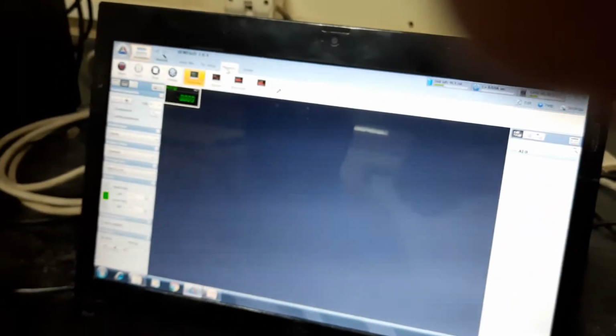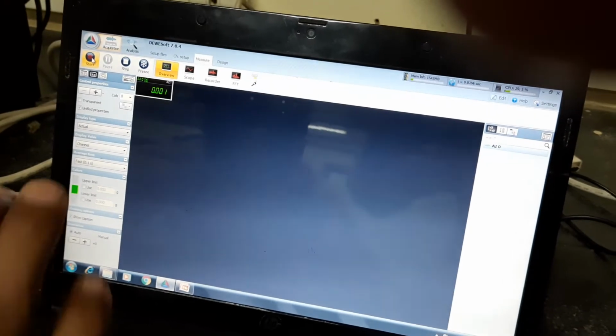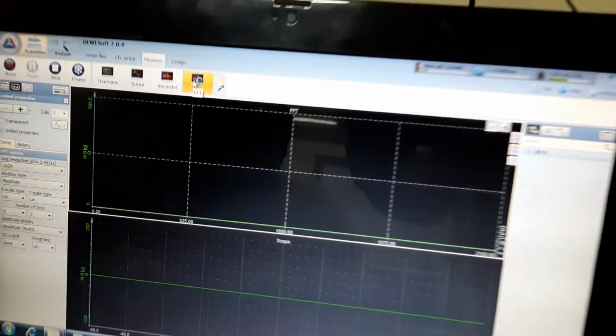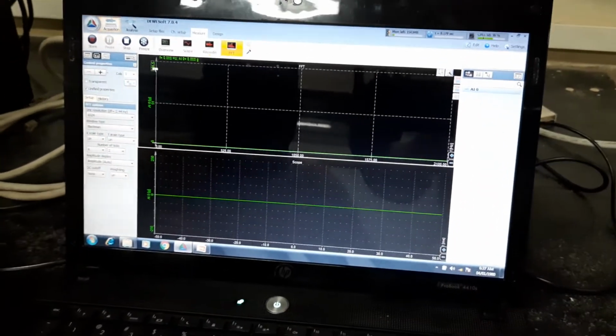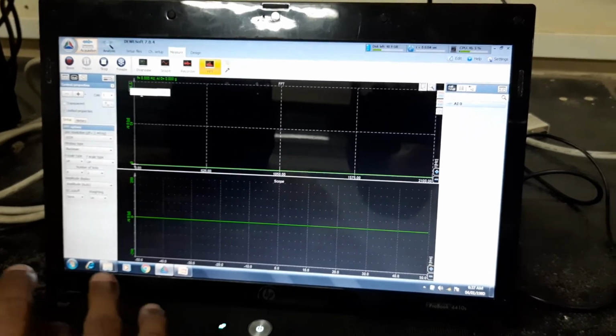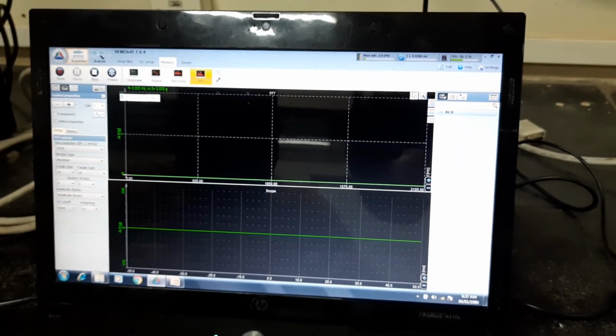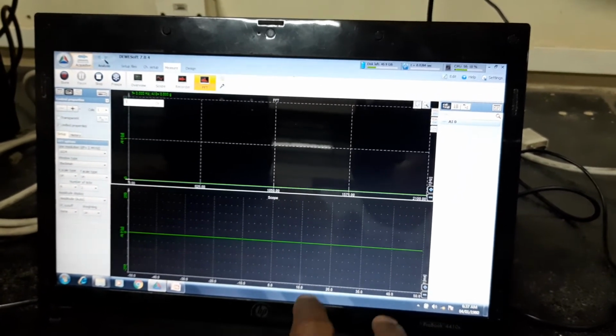Then after channel setup, you have to go to the measure. Afterwards you'll find different things: overview, stop, store, and you can store the values also. Then you have overview, scope, recorder, FFT. For the analysis, you have to go to the FFT. Click on FFT. Then you have to set the values depending upon the range and sensitivity. If you take it as 1, you have to change things according to sensitivity.